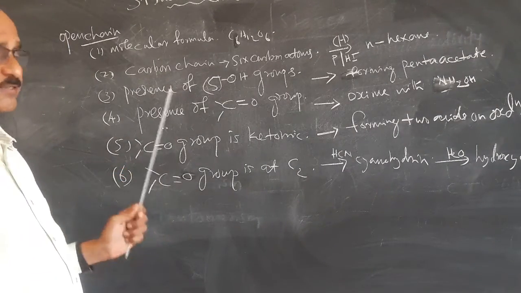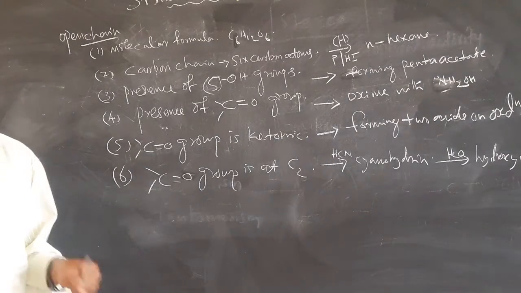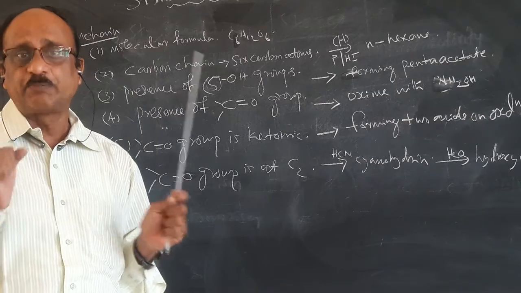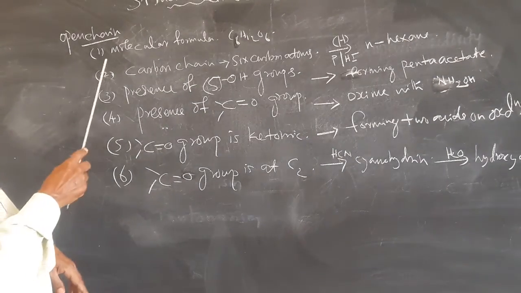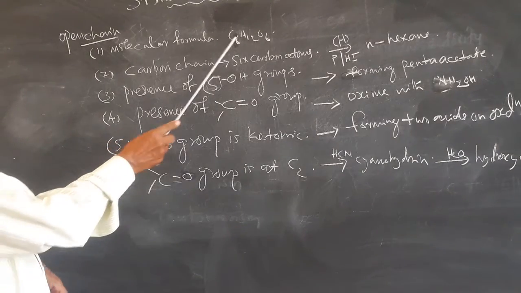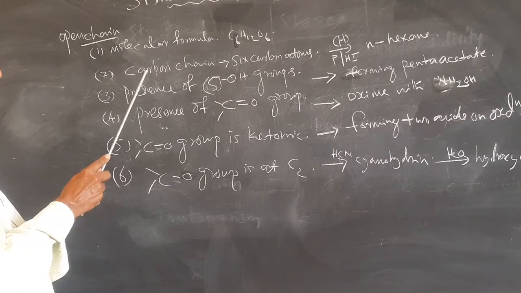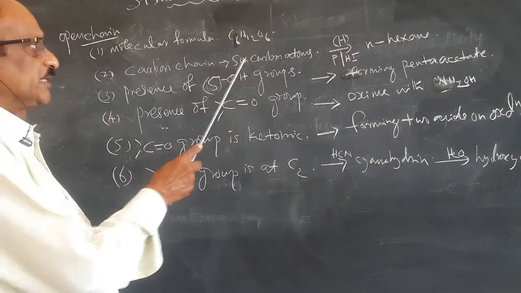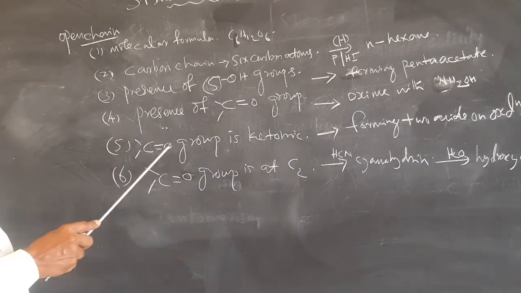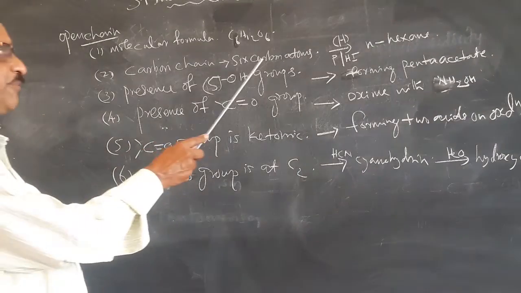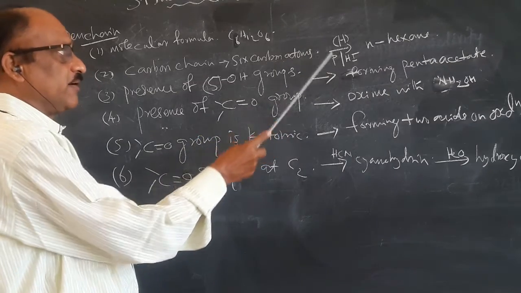Okay, let us see some of the reactions and find out the points one by one, and we will be adding the points to get the structure of the compound. First is the molecular formula of the compound, C6H12O6. Second is the presence of a carbon chain. Six carbon atoms are present as a chain in fructose also, which can be understood by the reduction of the fructose